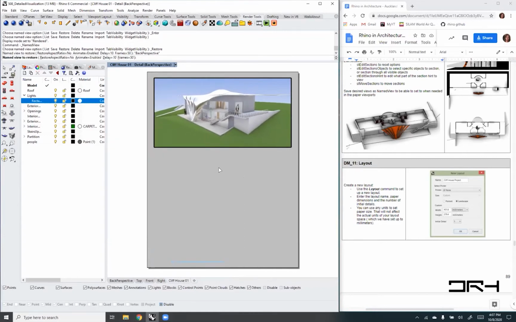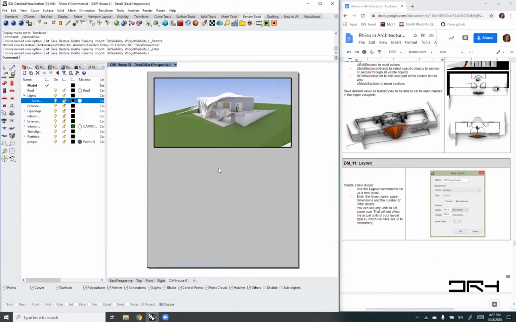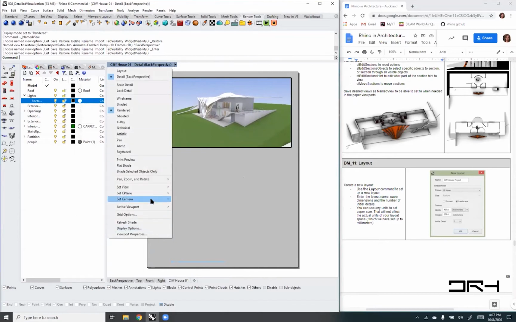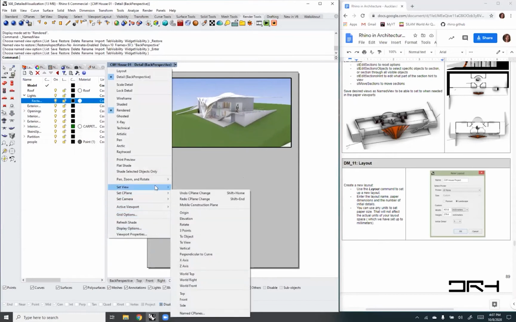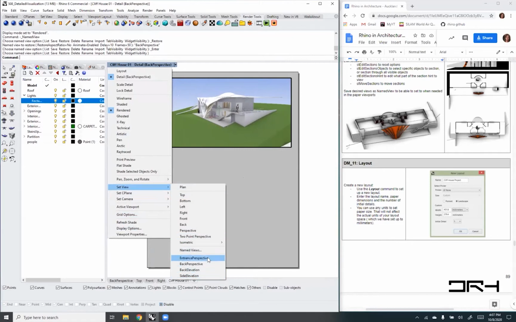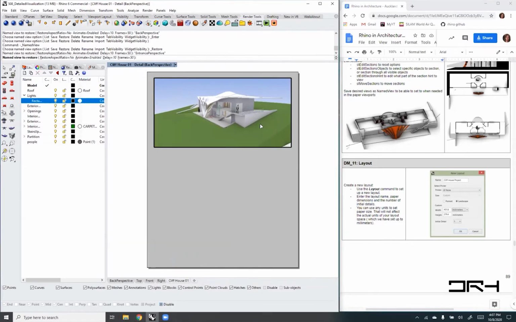The animation is going, no, that's actually not what I wanted, it's the front one. So set the view to the entrance perspective, and it's going to change our view to the,